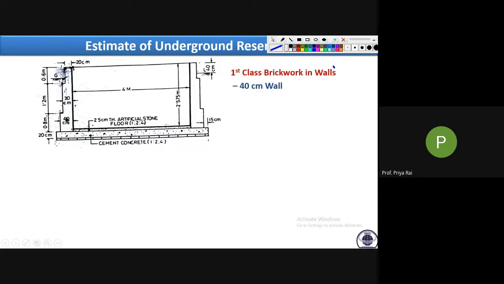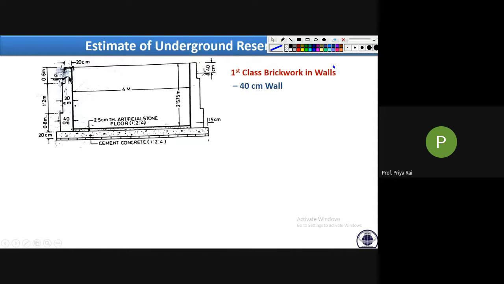Okay, that means the center line of this 40, the center line of this 30 and the center line of this 20 centimeter wall will not lie on the same position, so they will not coincide, right? So for that we will calculate separately. For the 40 centimeter wall first we will calculate the center line length, then for 30 centimeter, then for 20 centimeter separately.